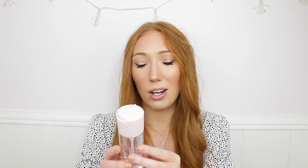Now it does really remind me of the MAC setting spray, MAC Fix Plus, that's what it's called. It reminds me of that because you do have the little lockable lid on here and then it just pumps out. So I think this might be pretty good. I will have to see obviously how it goes with the spraying. Let's see. I don't really want to waste any, but